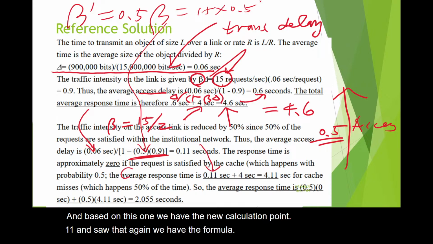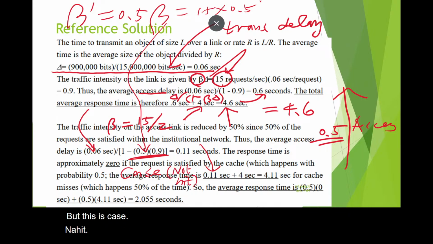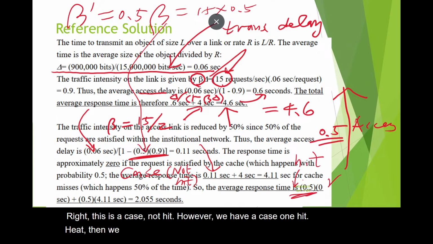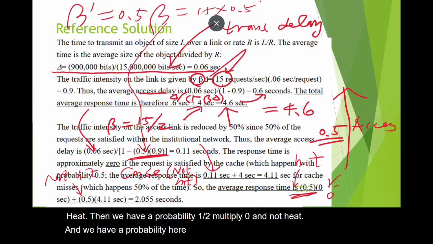And so again, we have the formula. But this is the case not hit. Right? This is a case not hit. However, we have a case one hit. Hit, then we have a probability a half, multiply 0, and not hit. And we have a probability a half again, multiply the corresponding access delay,